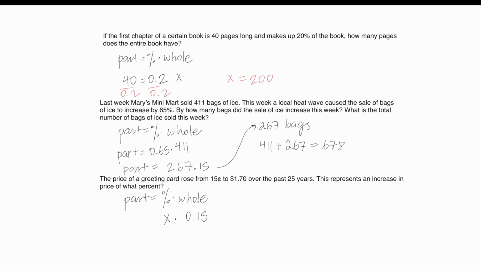And then for the part, so the second number that I have is $1.70, and that's the current price. $1.70 includes our original price, which was 15 cents, and then the increase to that price. So for the part, subtract 15 cents from $1.70, and that is $1.55, and that is our part. To find the x, you simply divide both sides by 0.15, which gives me x equals